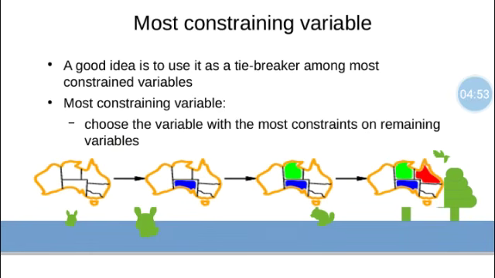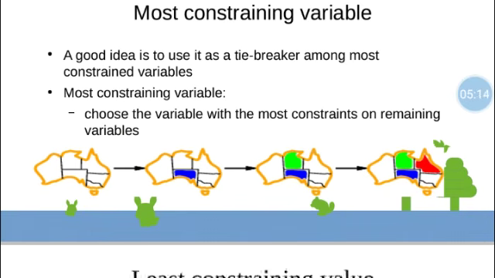So first we have given color to South Australia. After South Australia, the second most constrained variable is Northern Territory, because it again has the most connected edges with the other regions. And the third variable is Queensland, because again it has edges with almost four variables. So this is how it works.